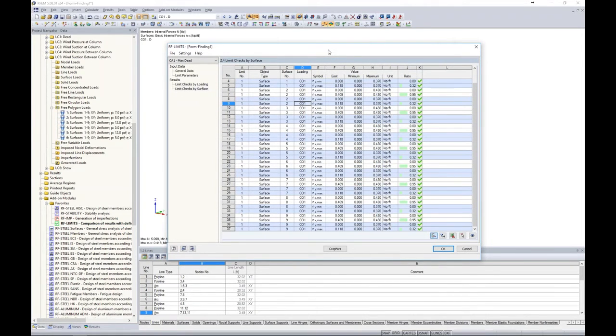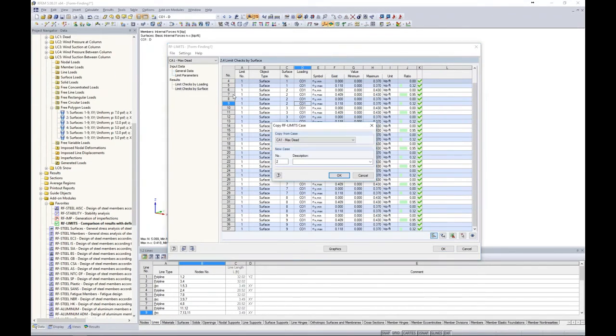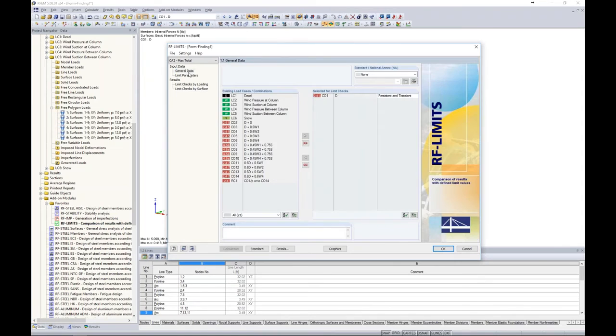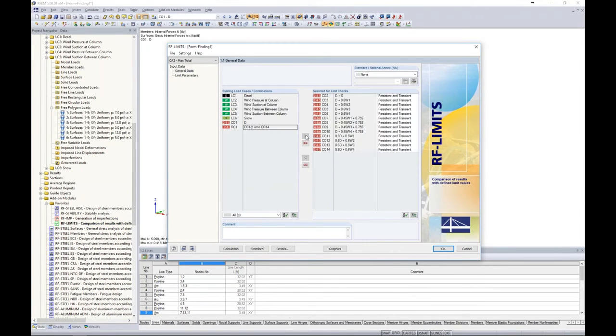So that's good for dead load, but obviously we have a lot more load combinations that we need to take a look at. So let's create a copy of our case here, and this time we'll call it max total. So now for my max total under my general data, I have my controlling internal forces, my capacities for everything that should include dead load and snow load and wind load. So, you know, I've already checked my dead loads. Maybe I'm not concerned with that, but I'll move the rest of my load combinations over here